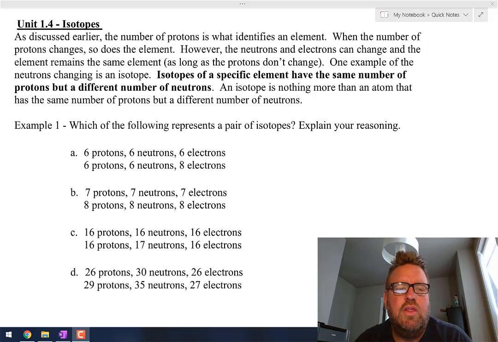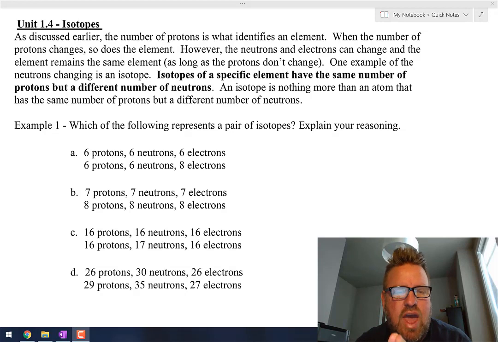All right, today we're going to talk a little bit about what are called isotopes. So we've talked about the parts of the atom. We've talked about protons, neutrons, and electrons. We've said that the protons can't ever change, that if you change the protons, you change the element. Okay? Today we're going to talk about, well, you're right, the protons can't change, but one of the things that